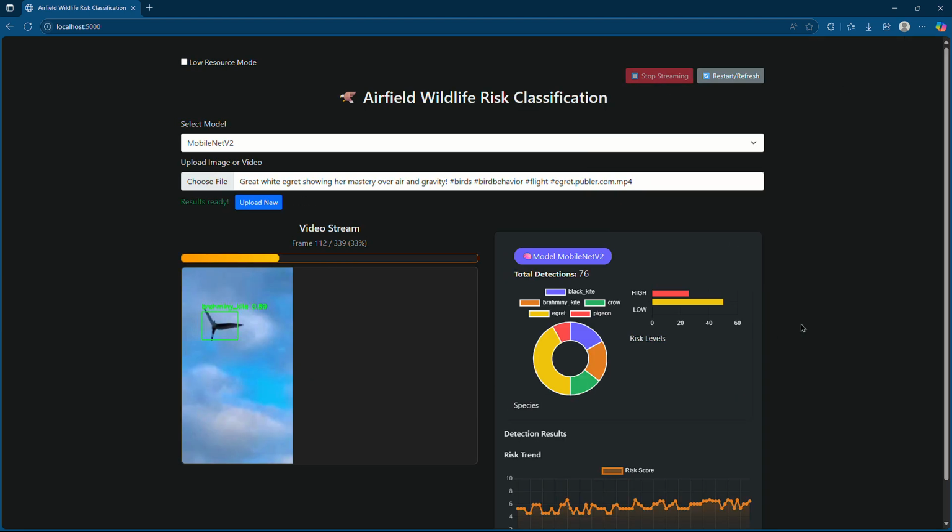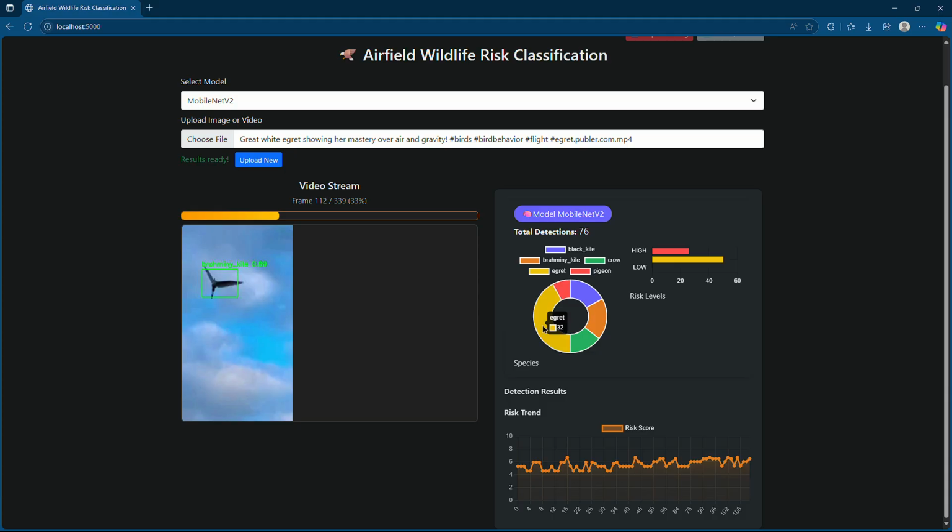So yeah, this is the species pie chart saying 32 times egret was shown and detected. This is the risk level again, based on the logic I discussed earlier, that it showed multiple times based on the height, altitude, or being inside the frame. Most of the times the risk is moderate,